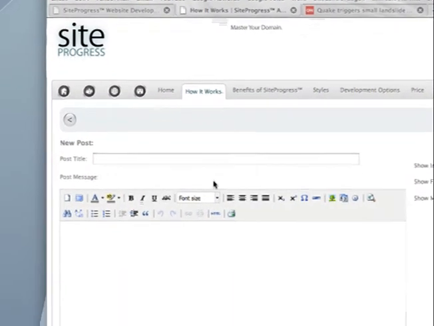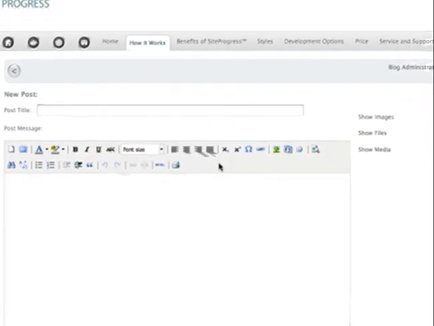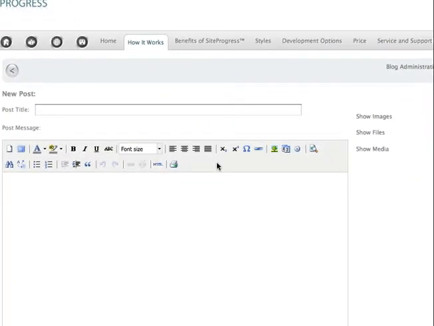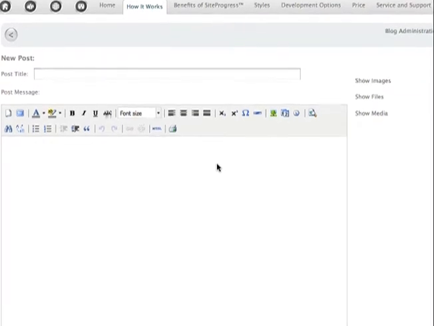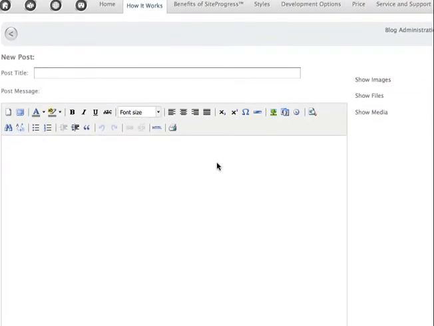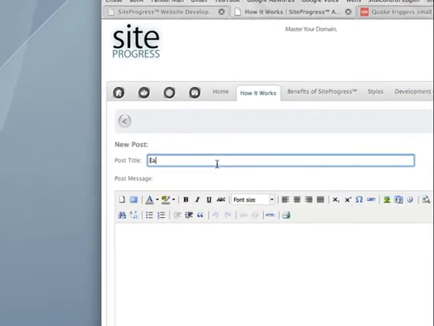The nice thing about this tool is that you have the full set of tools and features available to you so that your post doesn't have to be just text. It can contain images, links, and can be marked up any way that you would like. So let's go ahead and make a post that's got a little bit more jazz to it than just some text. We'll go ahead and first give the post a name, and we'll say this is